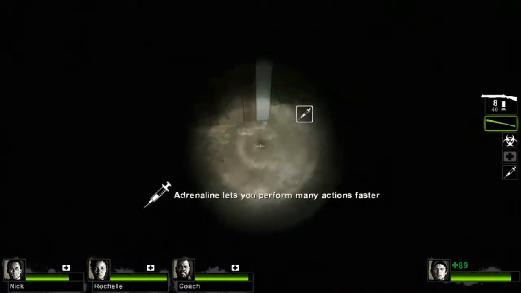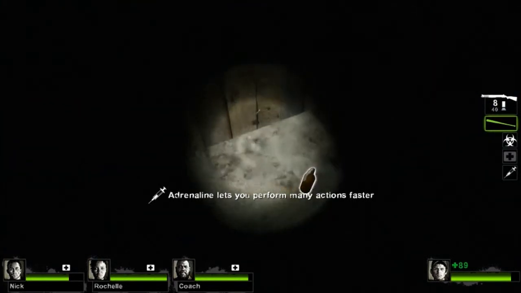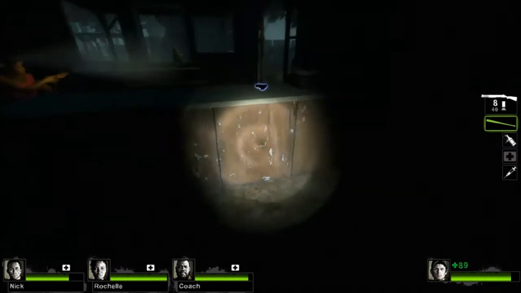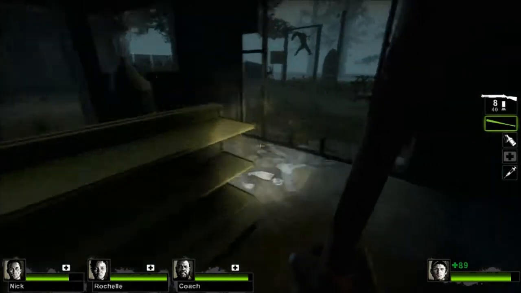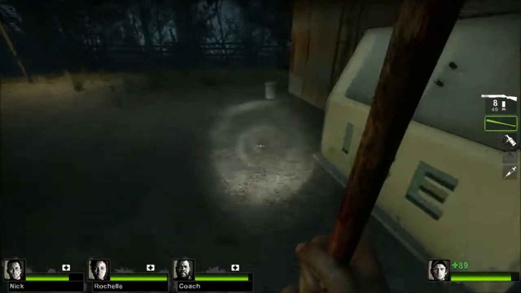Oh, adrenaline shot. Mine. Okay. Yeah, that'll work. I'd rather have that. I can set up a firewall. So what we're gonna do here is we actually have this...